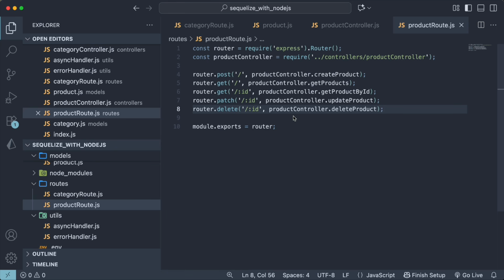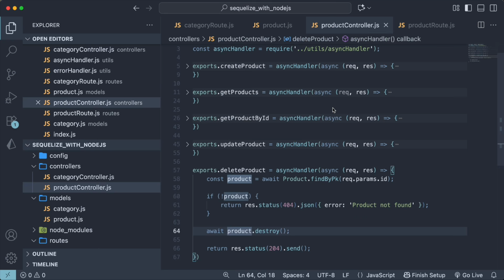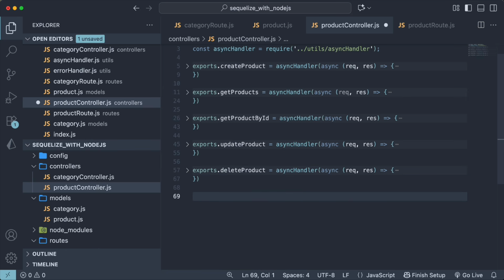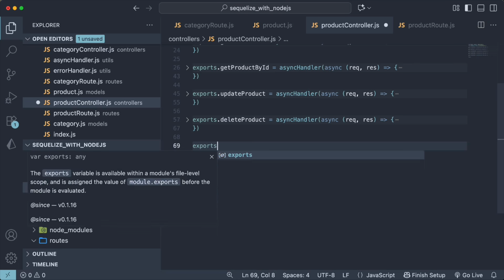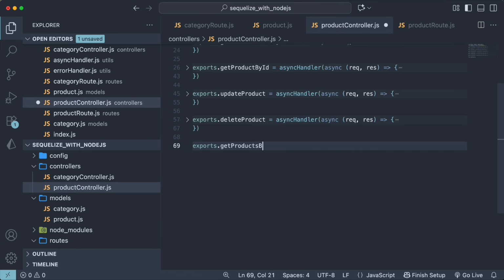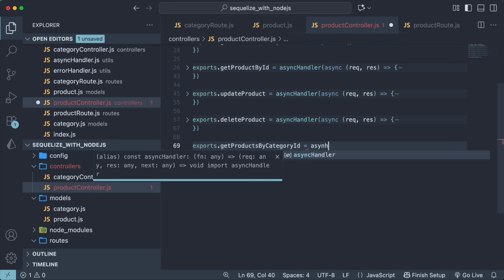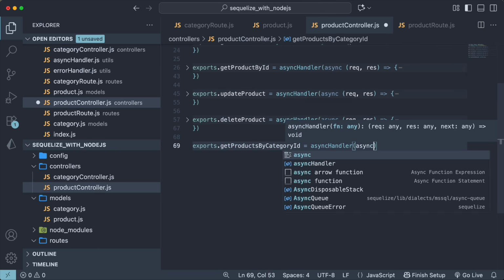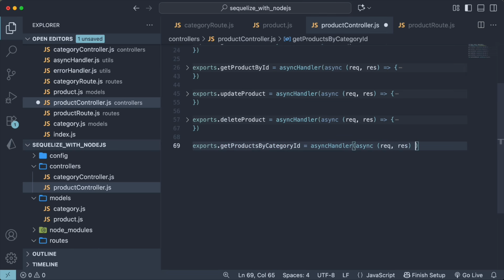So let's create this new function inside our product controller file, since we're going to return products on the response. Below the delete product function, I'll add a new function. So exports dot, and let's call this getProductsByCategoryId. And it's also equal to the async handler, with the async request and response parameters and the arrow function, just like for the other functions. And inside, the first thing we need to do is grab the category ID that the client will